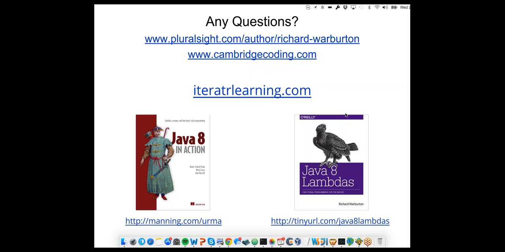Okay, so I have a question actually. When you write this lambda expression code, how do you debug that kind of code? How do you step into those operations, like when you're using a stream and using a filter? Do you have any inputs on that, guys? Is my question clear?